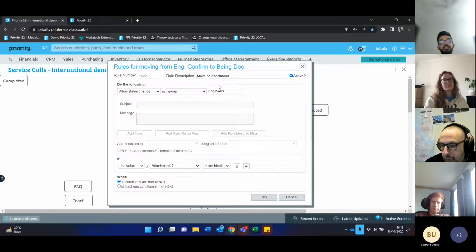Yeah, so it's already set to engineers. So allow status change to engineers if the value of attachment is not blank. Okay, so it is set at that, but then again,